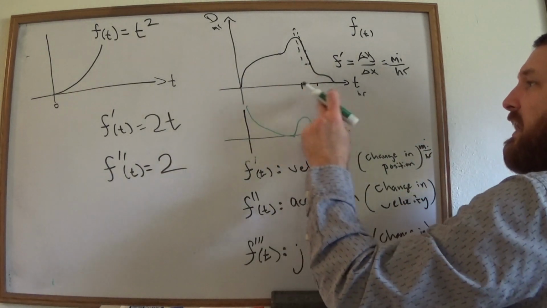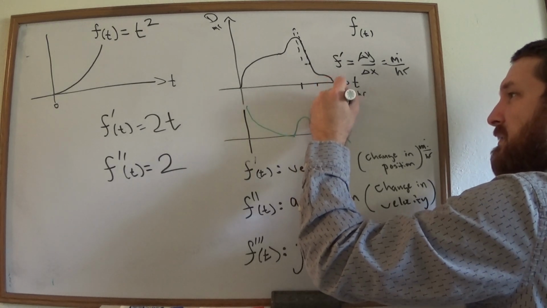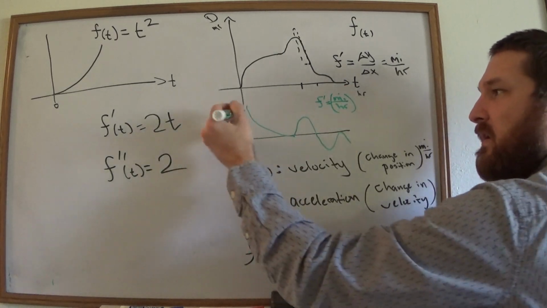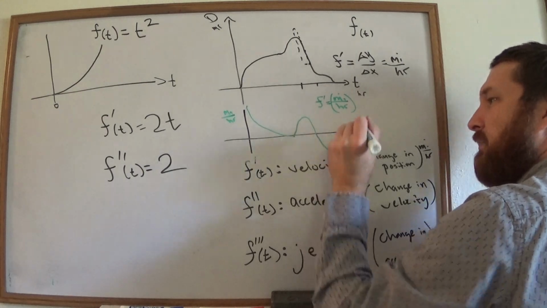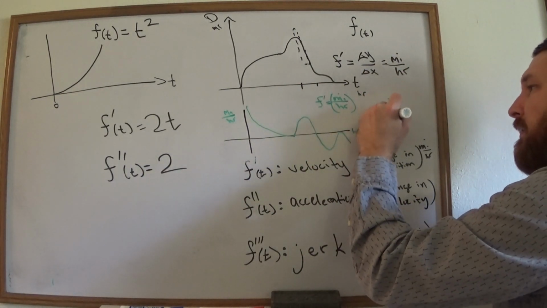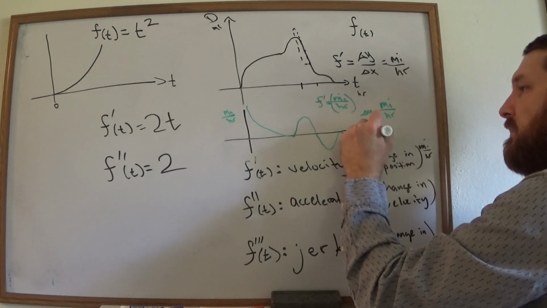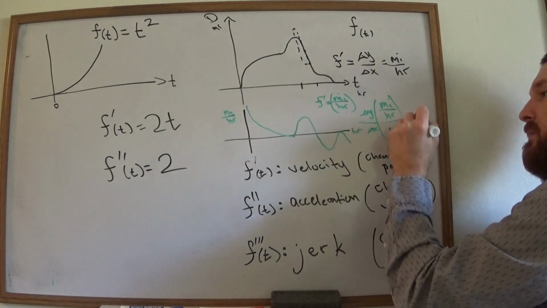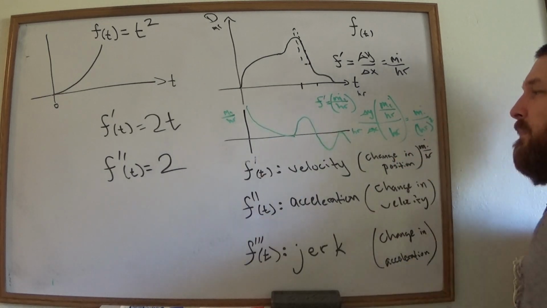Okay, so now this f prime is in units of miles per hour, right? It's your record of speed. So on this axis we have miles per hour, and here we still have hours, and so its derivative would be